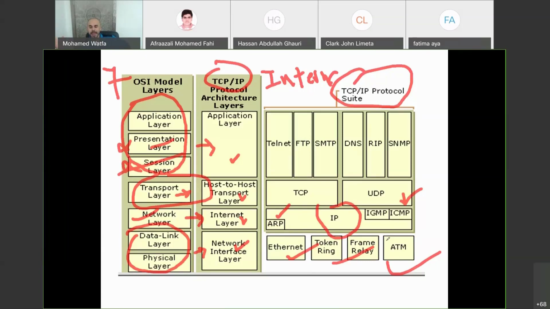When you're pinging, you're not sending an IP packet. What are you sending? Anybody? You're not sending an IP packet. You're sending a